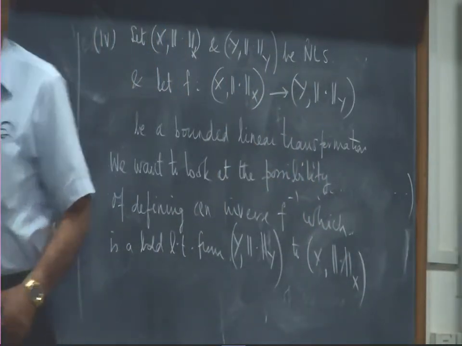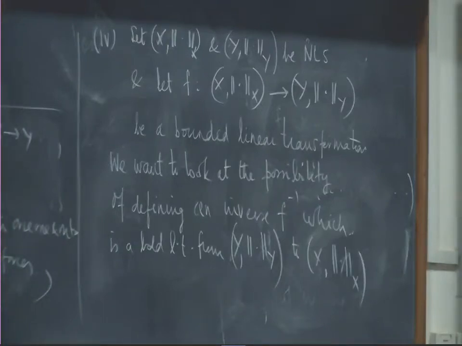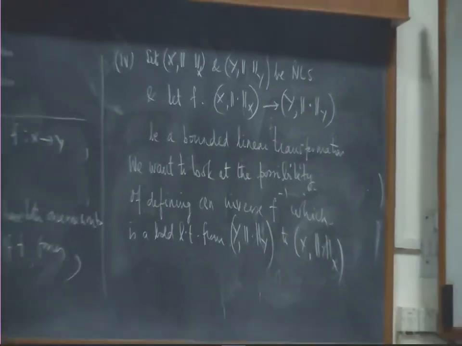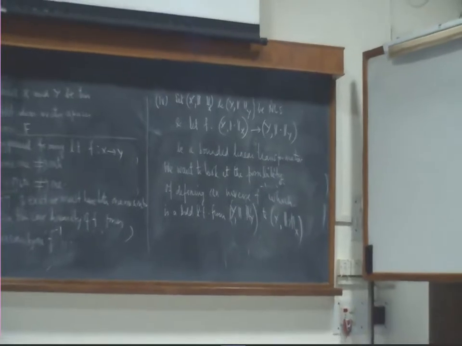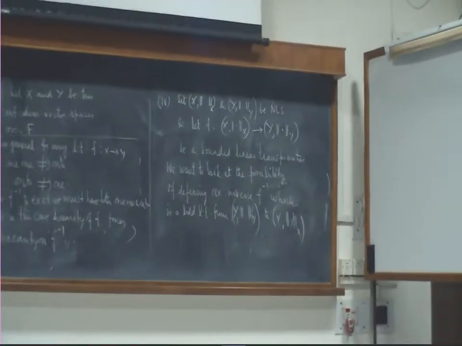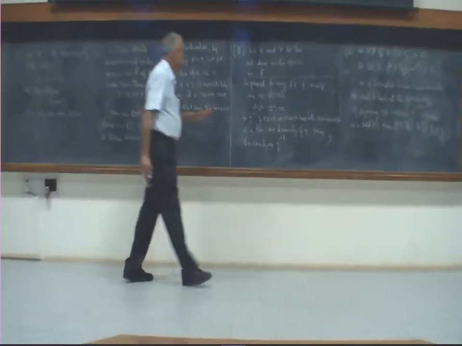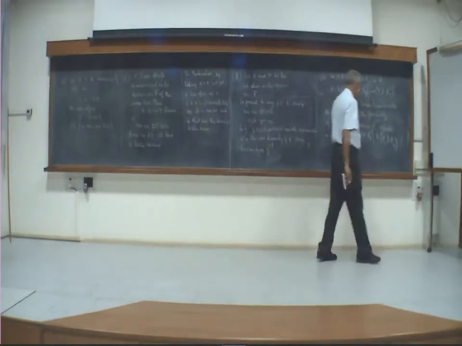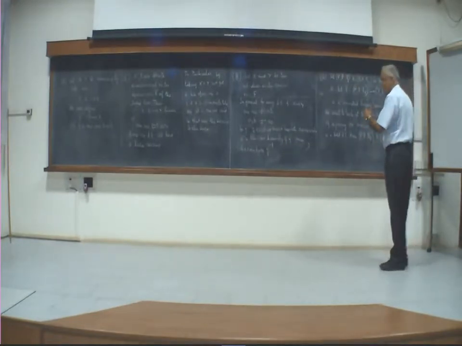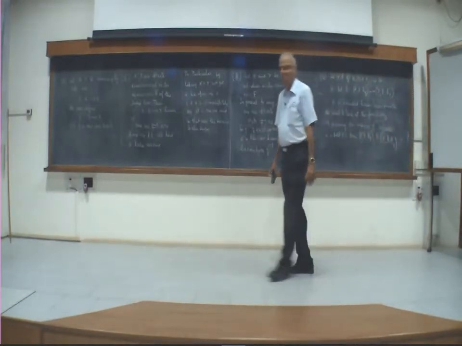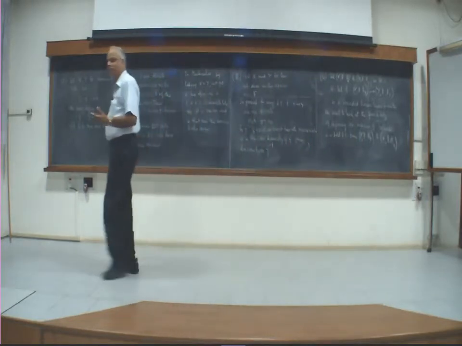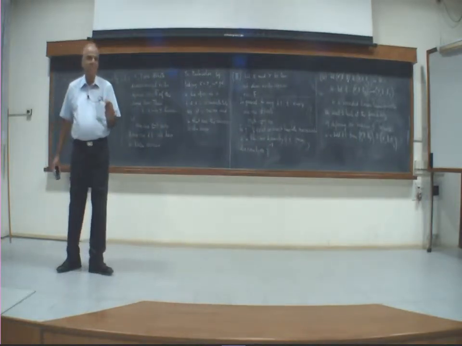Okay. So previously, first we had only sets, so only functions. Then we had linear transformations because of vector spaces, and we wanted inverse linear transformations. Now we have bounded linear transformations, we want inverse bounded linear transformations. Okay, so that's the final question. I mean, not really the final question. But there is a very interesting thing about this final.